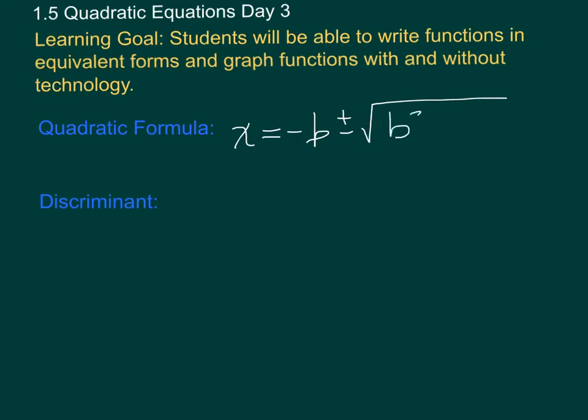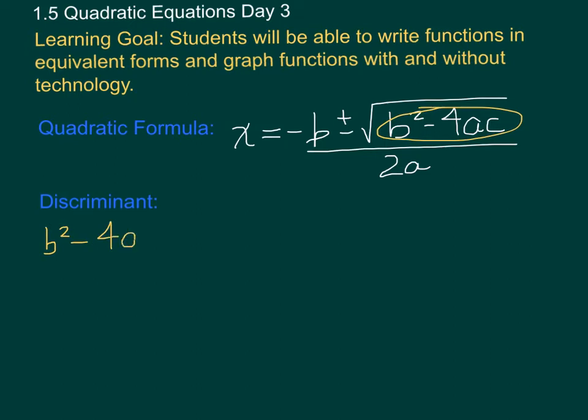So that song will help you remember it because it has to be memorized. And then the portion that's under the square root, the b squared minus 4ac, is called the discriminant, and it tells you the number of solutions and the type. For example, without the square root now, if b squared minus 4ac is positive,